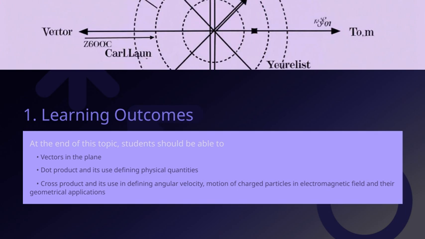space. Moving on, the dot product is another fundamental operation. It allows us to define and calculate important physical quantities like work, projections, and angles between vectors. It's a powerful tool for translating geometric ideas into measurable physical concepts. Lastly, we'll look at vectors in the plane. Understanding how vectors behave in 2 dimensions is key for many real-world problems and helps us develop a solid foundation